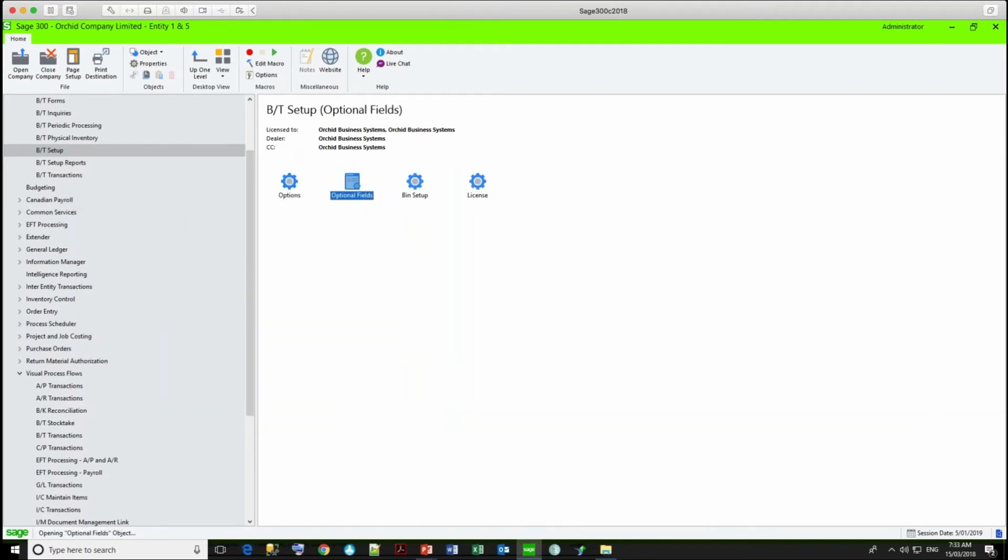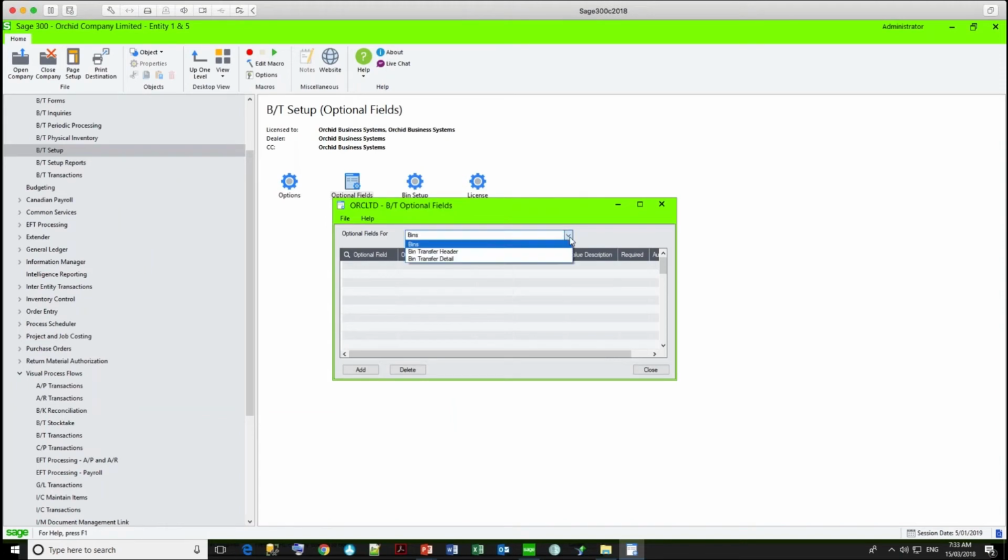You can also have optional fields, either at the bin level, the bin transfer header level, or the bin transfer detail level. And these can be used in the same way as you do around your OE shipments or your OE orders and purchase orders. If you have the same named optional field at the same level, for example, if you had an optional field on the header level of the OE order and shipment, and you have the same optional field on the